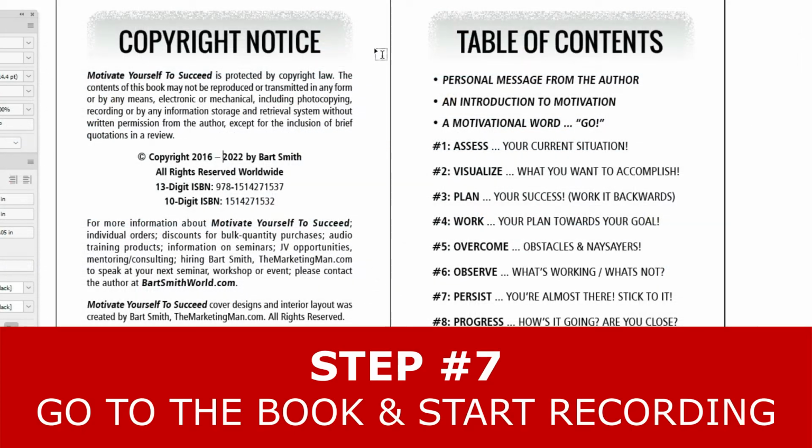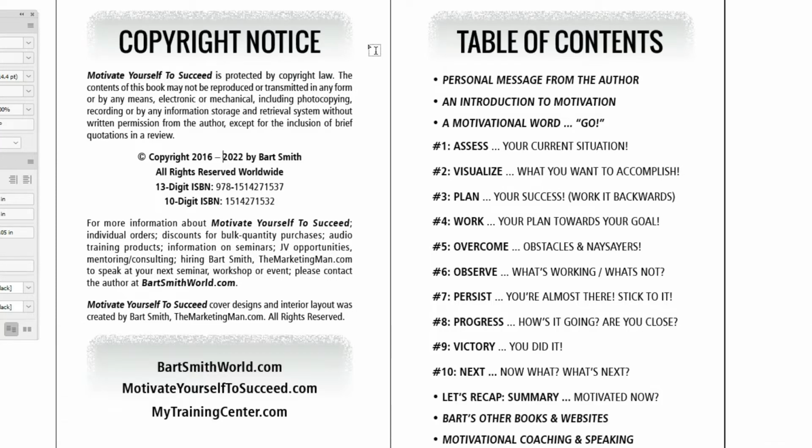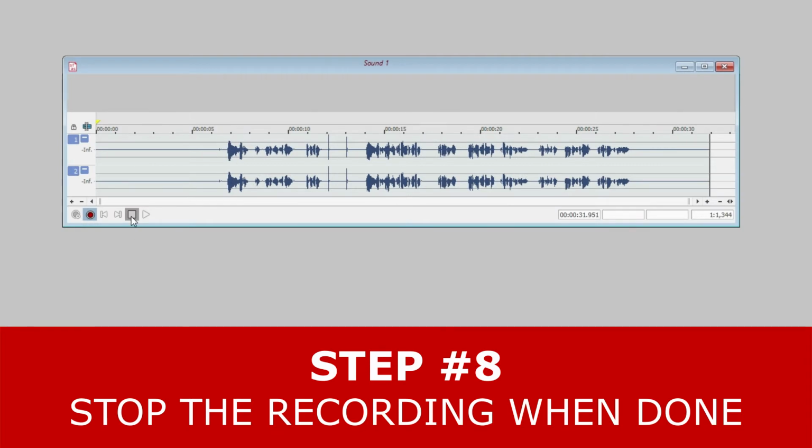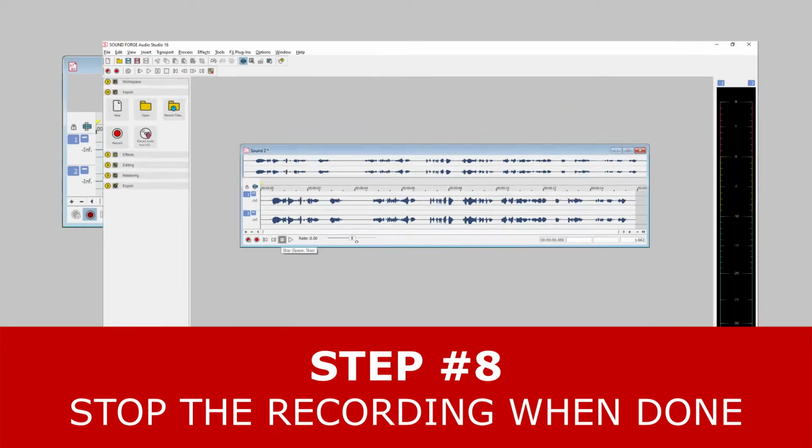Now, step number 7, flip over to the book that you want to record and proceed to record the first section. Oh, remember to snap your fingers whenever you make a mistake, but keep recording. Keep that flow going. You can fix those mistakes later when you edit your audio for this particular section that you're going to record. Step number 8, when you're done recording a section, flip back over to the recording window